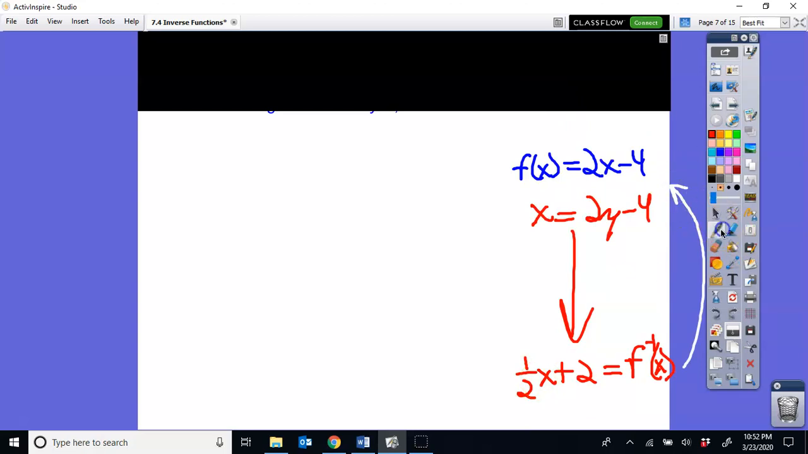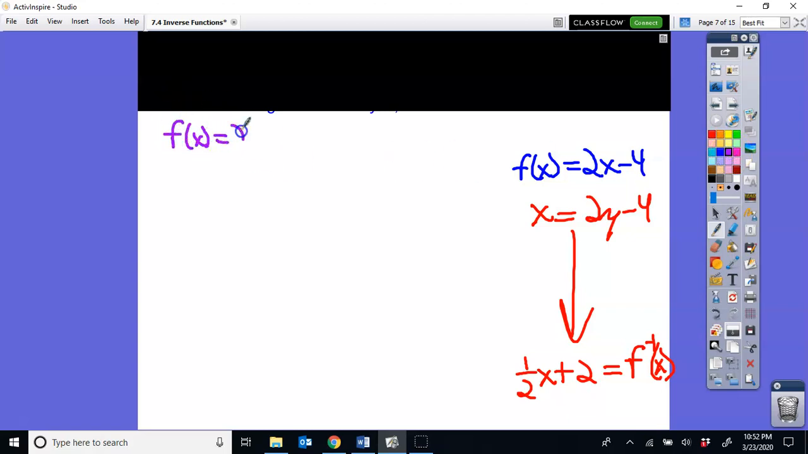One way is to actually find the inverse. So one way to see if two things are inverses of each other is to actually find the inverse. Do all the switching of the x's and the y's and solve for y. The other way that you can check and see if two functions are inverses of each other is if you